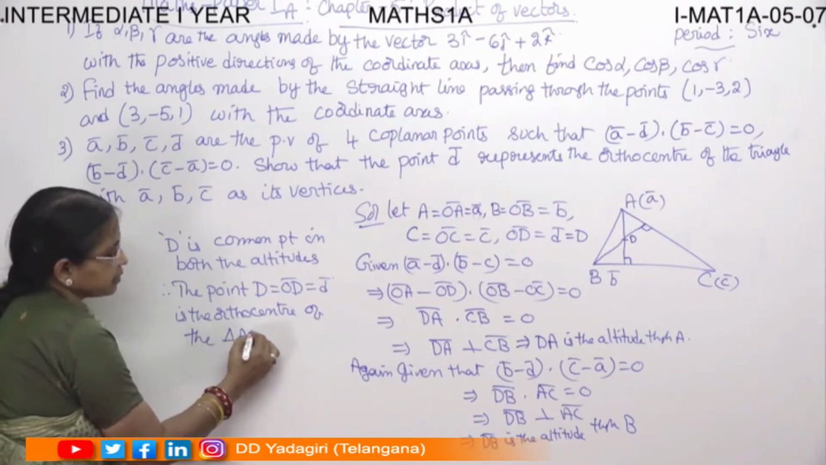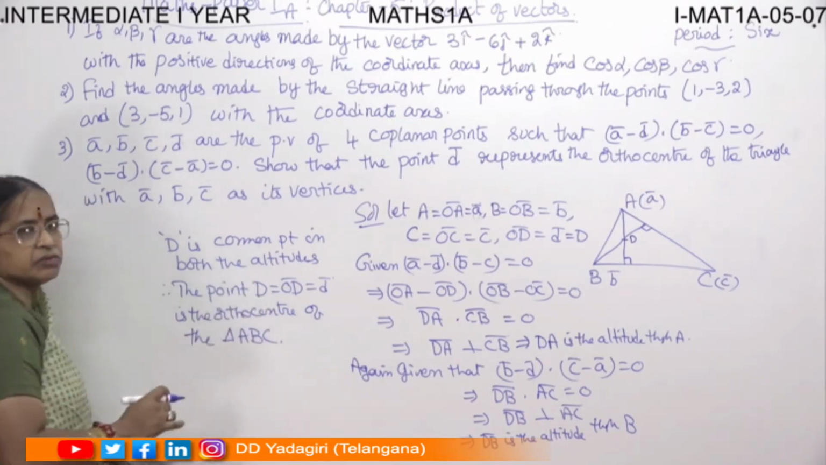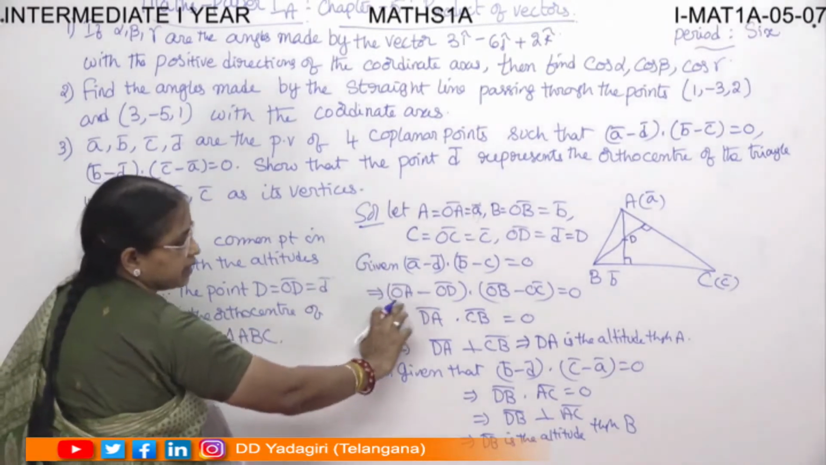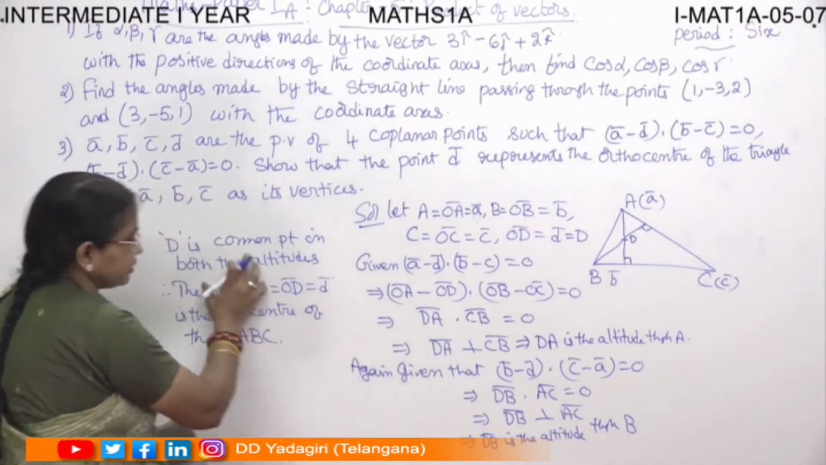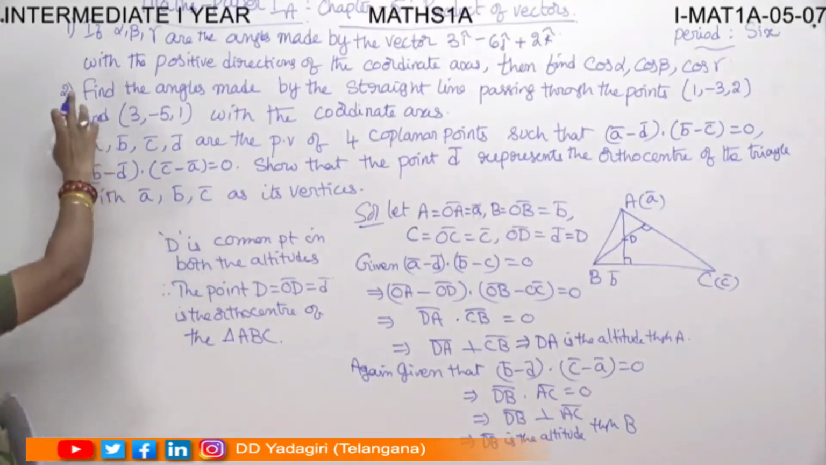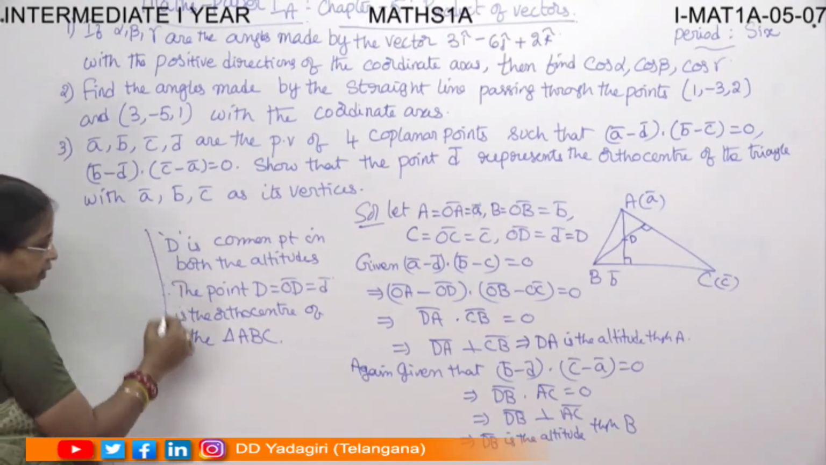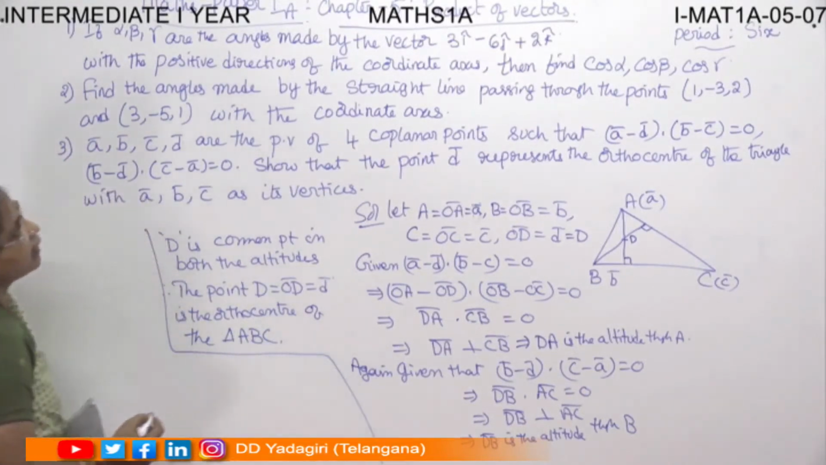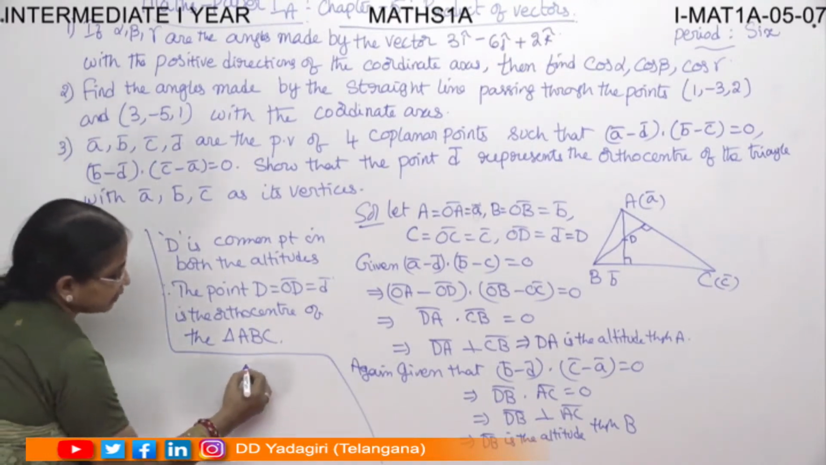Of the triangle ABC. So hence it is proved. So like this we do. First take the points as A, B, C, D, A minus D, and then you simplify like this, you will get like this. Okay, now first problem is alpha, beta, gamma are the angles made by the vector with the coordinate